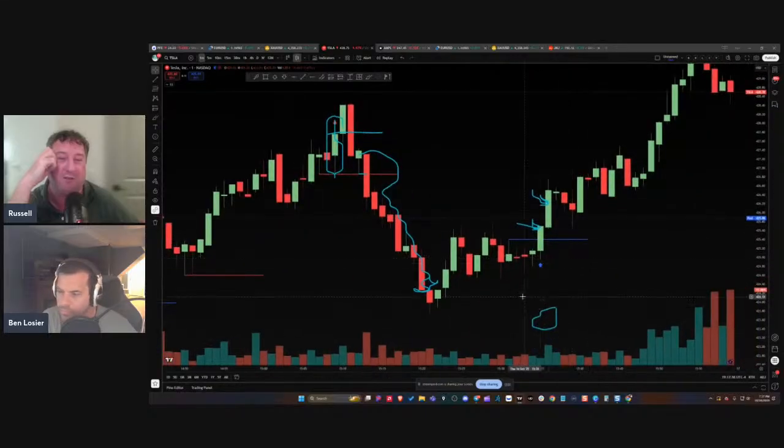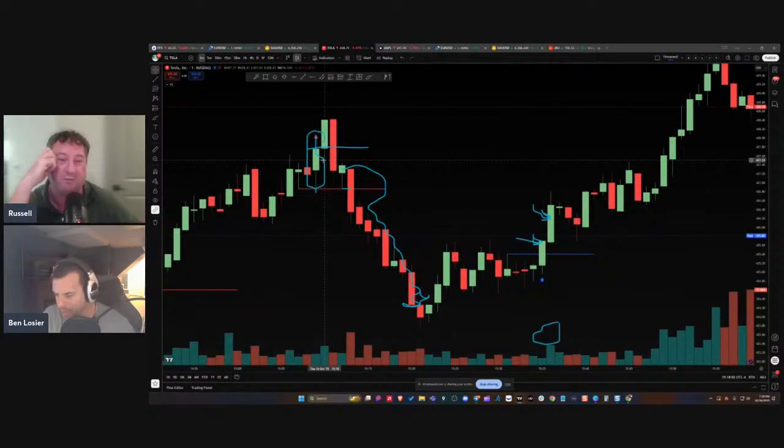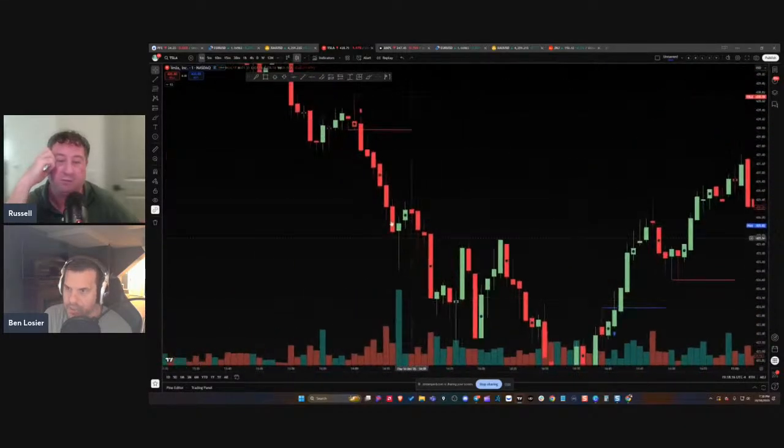I wonder if waiting for it to close below the breakdown level or the breakout level might result in you getting a little bit better risk reward and that kind of thing. Honestly, I'm not even sure why, I thought I had it where it would only send this arrow on a close below it, because I always like a close. So here's one. Okay, it did close.